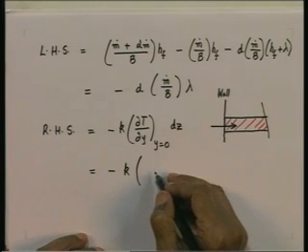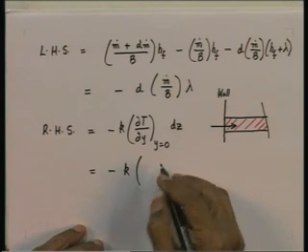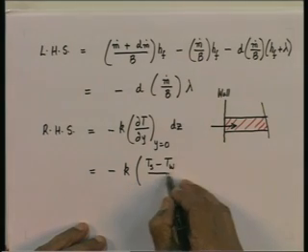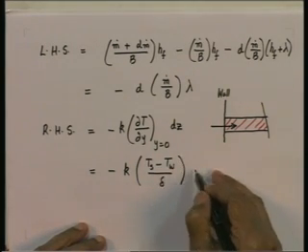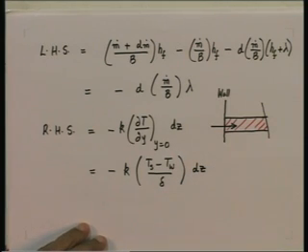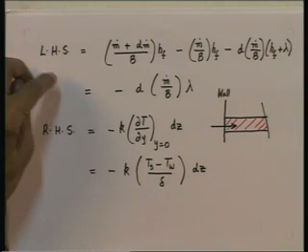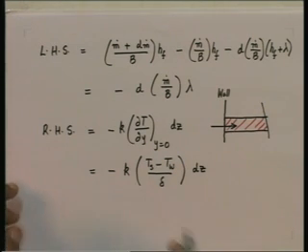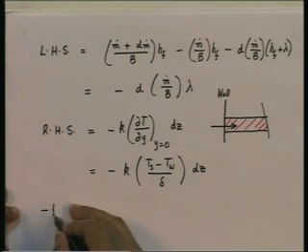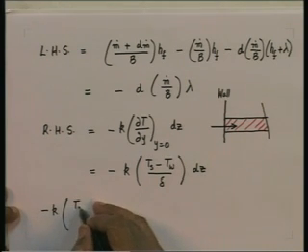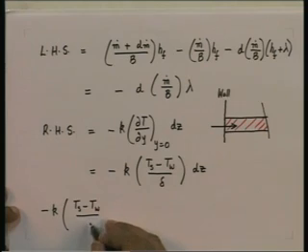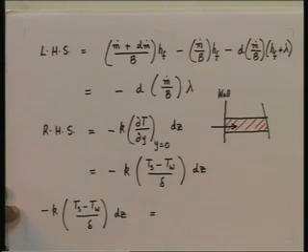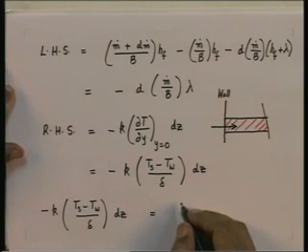Now, dT/dy at y equal to 0 is nothing but (T_s minus T_w), since we have a linear temperature profile in the liquid, divided by delta, multiplied by dz. So, we have an expression on the left hand side and an expression on the right hand side. Now, let us equate the two and we get minus k (T_s minus T_w) divided by delta, the whole thing multiplied by dz, is equal to minus d m dot by B lambda,